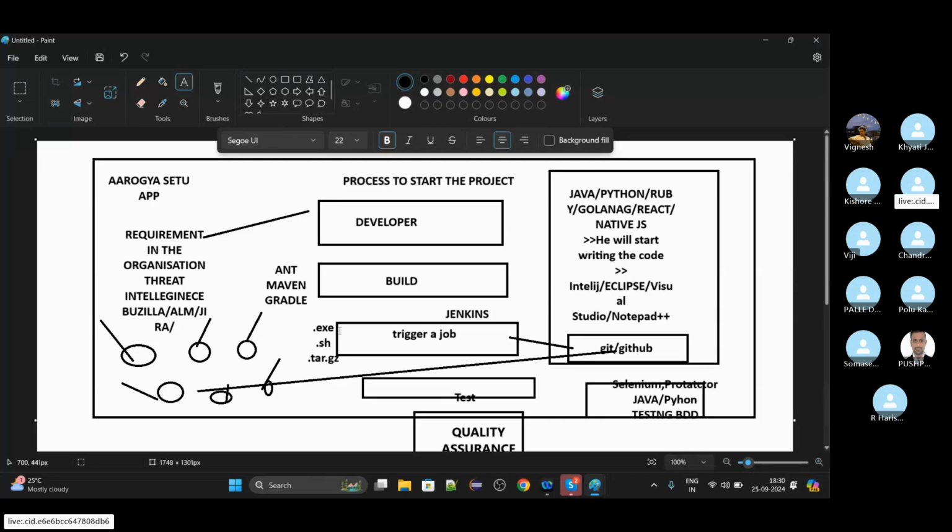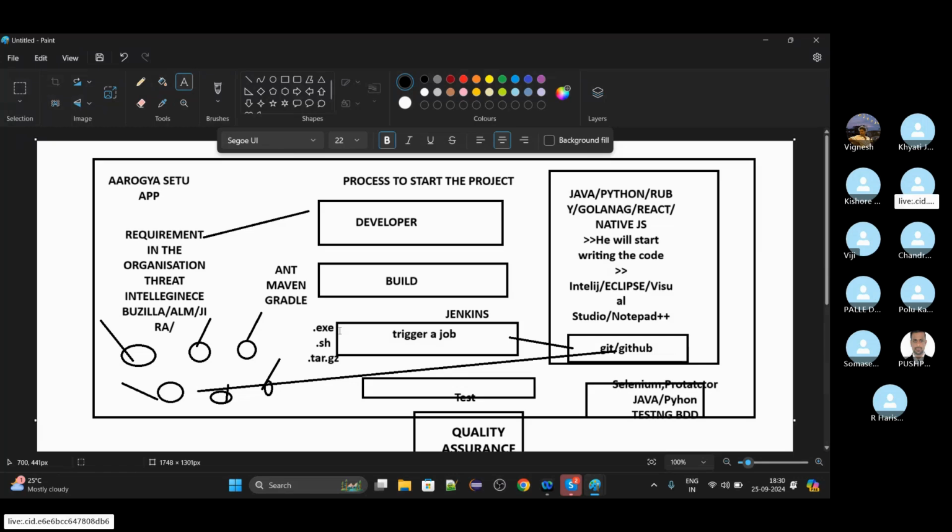You have to understand one thing: it is not possible to automate 100%. Manual intervention is required as long as human life survives. Without manual intervention, things won't be possible.